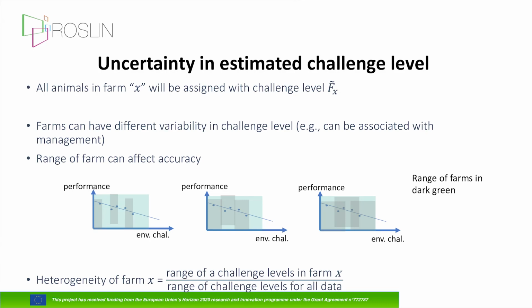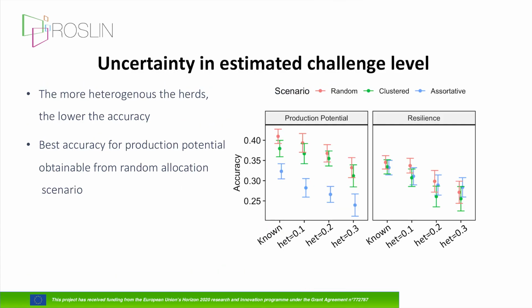So basically, this is the result if you have different heterogeneity for the farm effects, and this is the heterogeneity of 0, or where you know exactly how much challenge each animal experiences. So you will see in general the accuracies for both production potential and resilience drop. However, if you remember from the previous